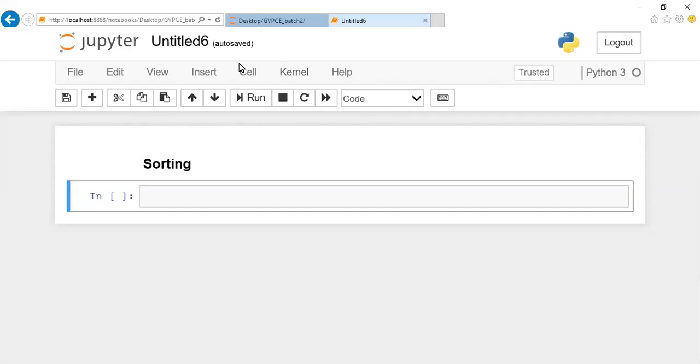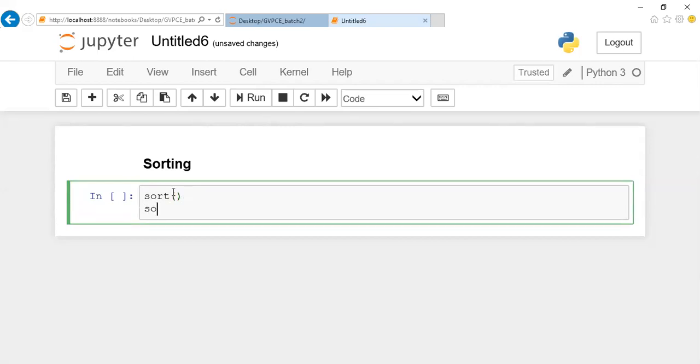Today we are going to start with sorting techniques. Whenever we say sort, we have already seen it in two different predefined ways. We have seen it in lists, where we mentioned sort as a method which is used for sorting, and apart from this we came across the term sorted, right?